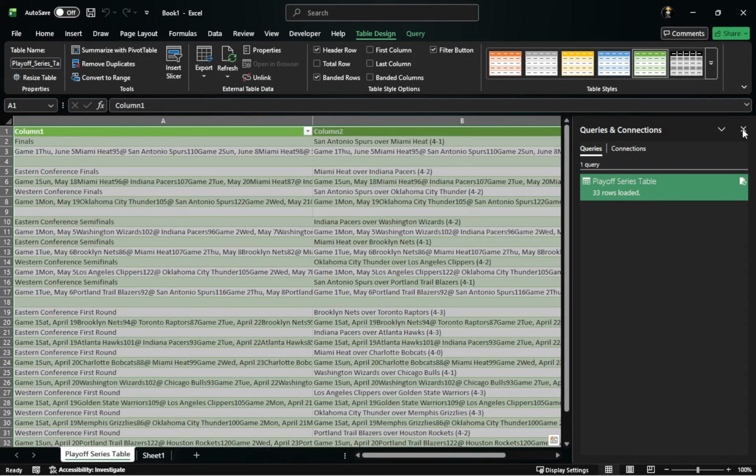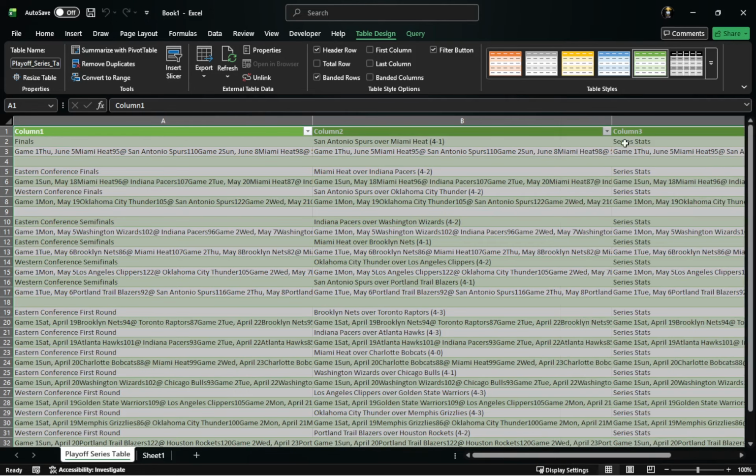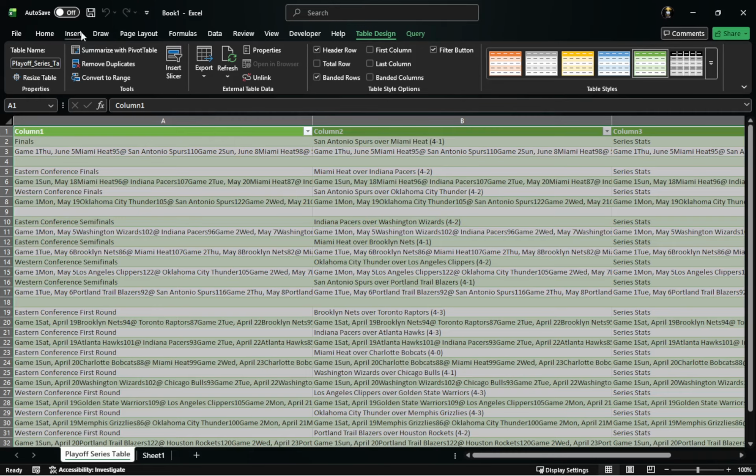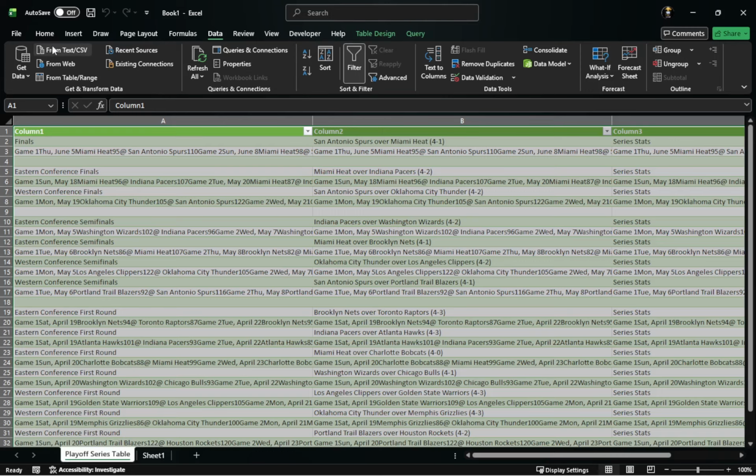After you have connected and the data is visible, you can refresh it whenever the website updates. To do that, once again go to the Data tab at the top of Excel so you can see the refresh controls. The connection you created is already saved inside the workbook, so you do not need to repeat the From Web steps for the same page. Now, click the Refresh All button on the Data tab. This button is usually near the left side under the Queries and Connections group.